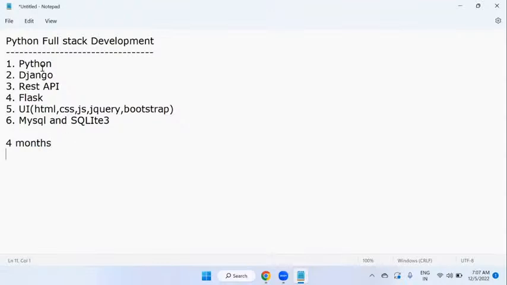And for example, if you are looking only for Python, core Python and advanced Python, that means basic and advanced level Python, then the duration of the course is 45 days, or 50 to 60 days it will take. Maximum 50 days it will take to finish only core and advanced Python. So now coming to this,